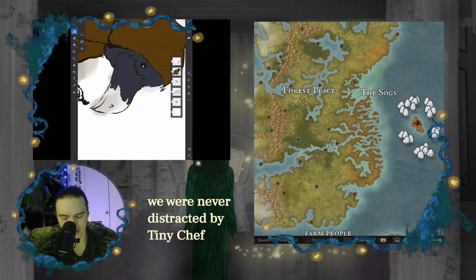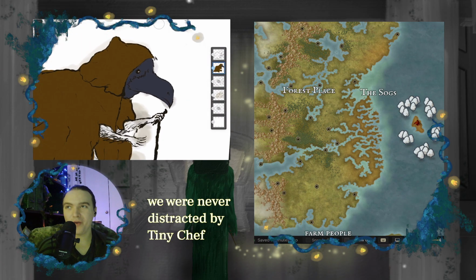I'm going to try to get at least the base color in before my pencil dies and then I plug it in, but it charges very fast. That looks so cool.